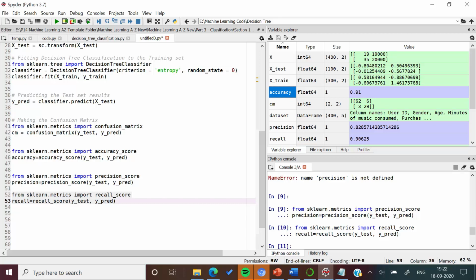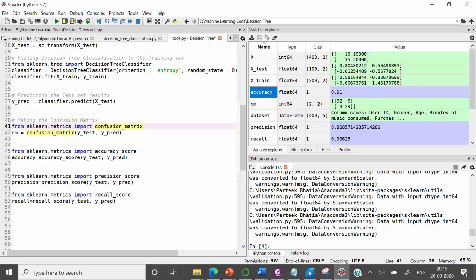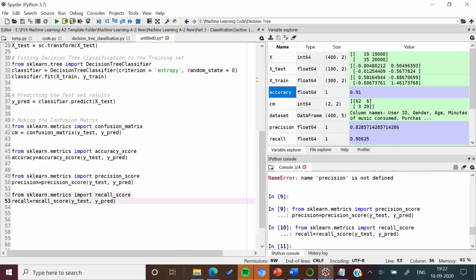The procedure to calculate these quality metrics is very simple. We just have to import confusion_matrix method from metrics sublibrary for building confusion matrix. For finding accuracy, we have to import accuracy_score from the same library.